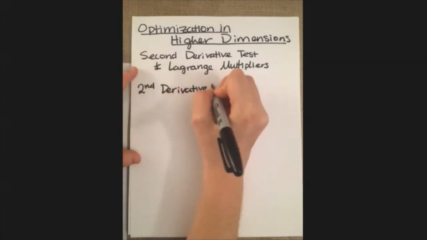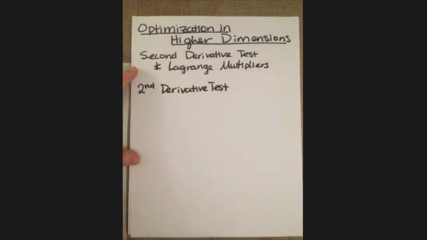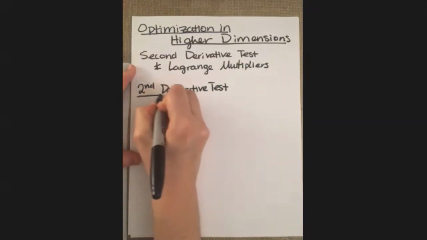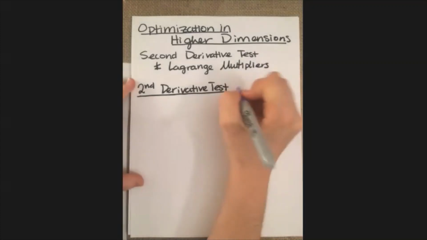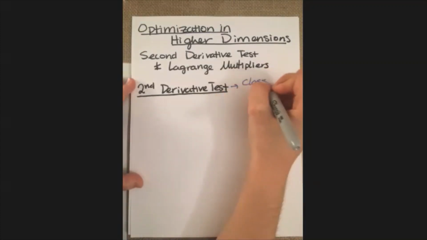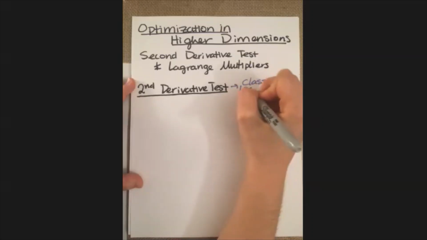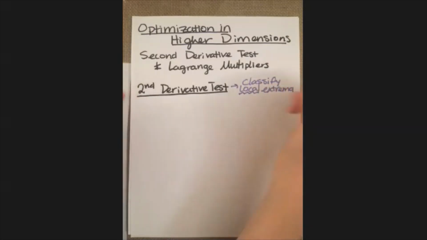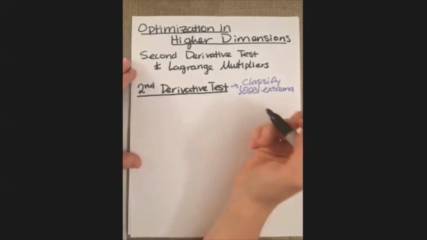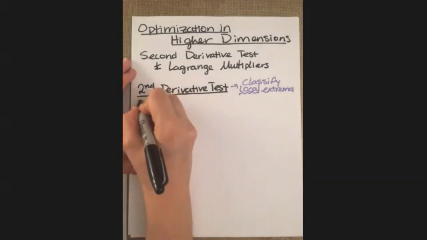Sounds super familiar, because you learned a second derivative test in Calc 1, like I've already said. And just to give an overview of this, the purpose of this is to classify what we call local extrema. Okay, so they may not be the largest values or the smallest values overall, but there might be just like a small dip or a valley or a little peak or whatever to show up. And the idea behind this is, first of all, that we have to suppose